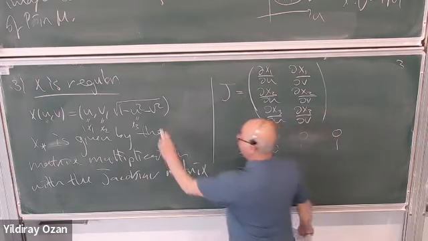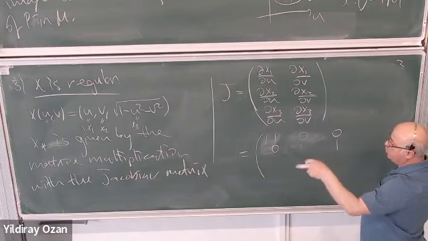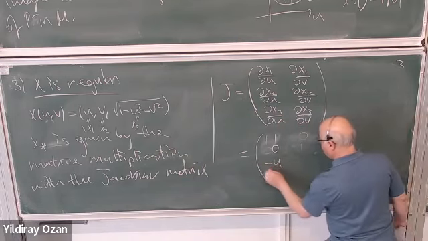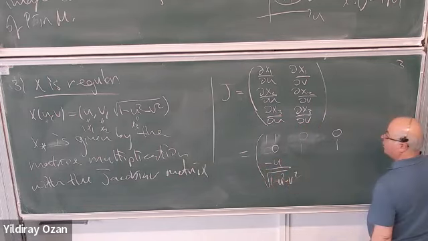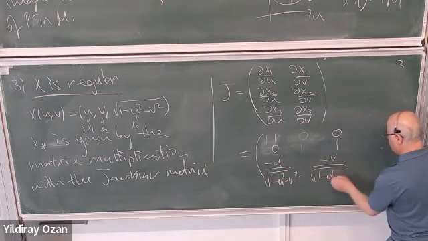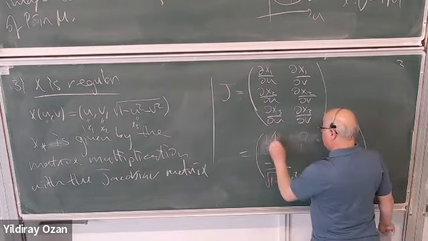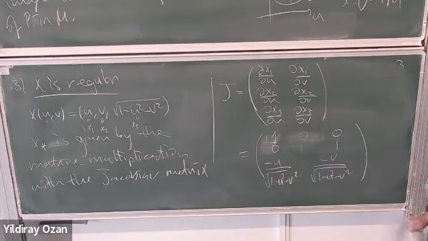Sorry, the u and v derivatives of this are what? Minus 2u divided by 2 times the square root. So it is just minus u times 1 minus u squared minus v squared, to the power minus one half. And this is just minus v times the same factor. So it is this. And you see that this map from R2 to R3